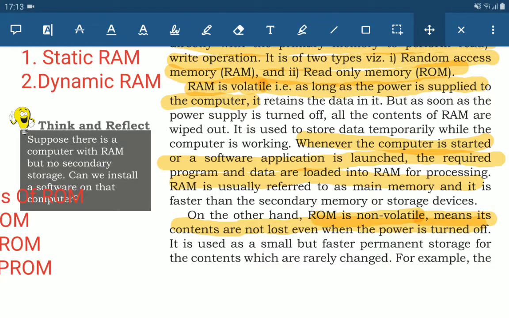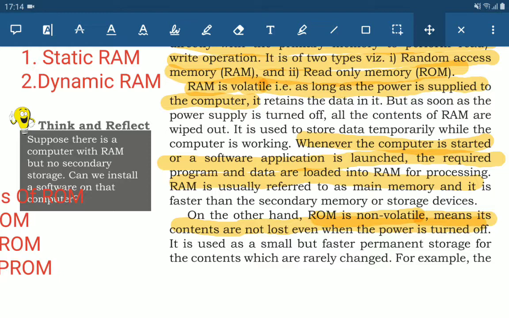So firstly we will talk about RAM. RAM is a volatile memory. Now here the meaning of volatile is that it cannot save the data or instructions or set of information once the power is off. The RAM is placed inside the computer system. To be precise, they are installed on the computer motherboard, and it is also